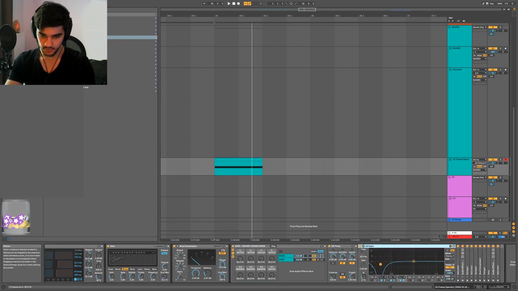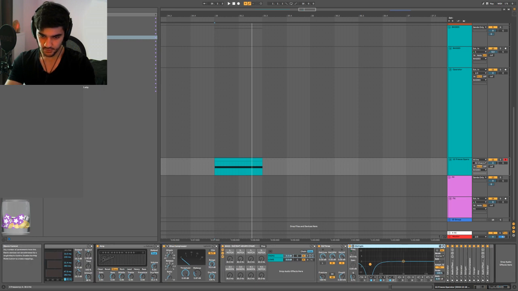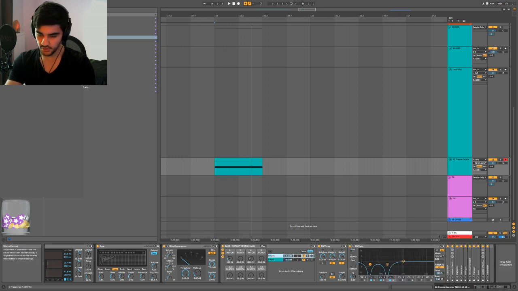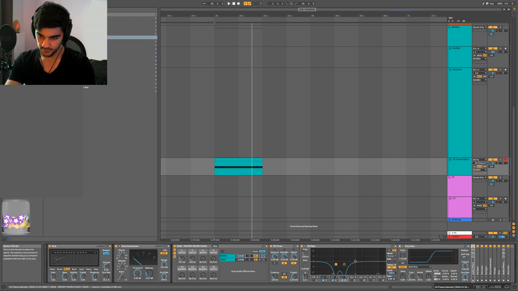Basically, I have a few macros. So the first up, I'm treating the high end only. The low end goes clean through. I split the band basically. You don't need to do this if you're gonna use a separate sub, but you might wanna. So I have 2 notches here, followed by a saturator, followed by